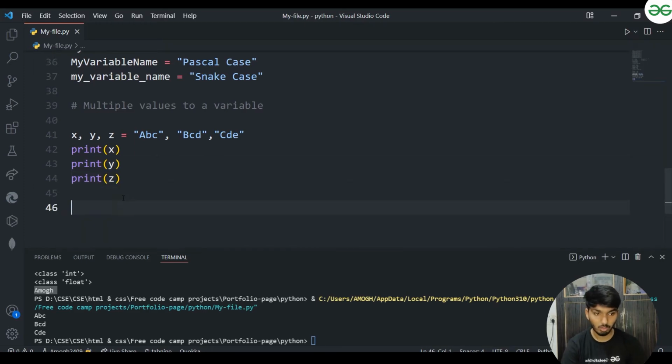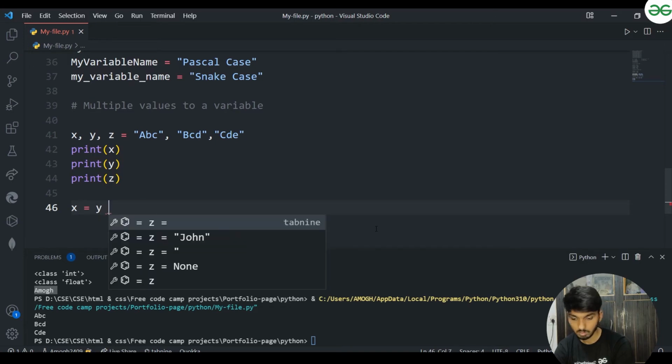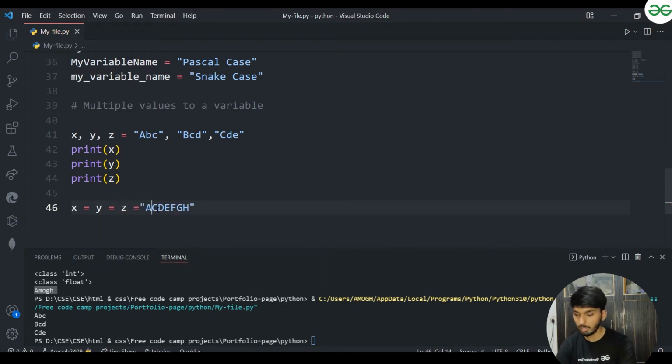Then there is one more type. What I can do here is write x equals to y equals to z equals to a b c d e f g h. What I did here is I have given the same value to all the variables. Now x also has the value of a b c d e f g h, y also has the same, and z also has the same. So if I print it,